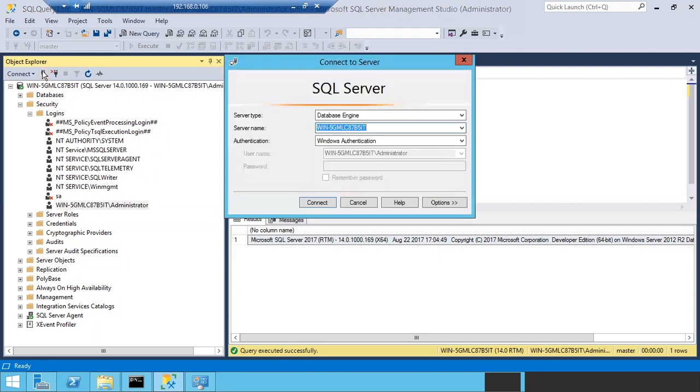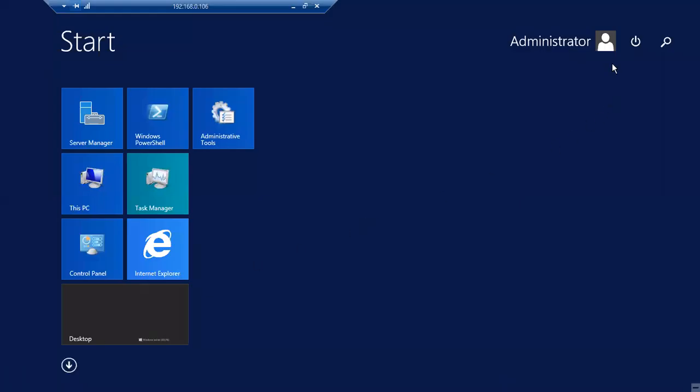Once you click the connect button, once you choose Windows authentication, it is not asking username and password. Why? Because as it is Windows authentication, it will take the Windows logged-in username. Who is currently logged into the Windows machine? Administrator is already logged in.